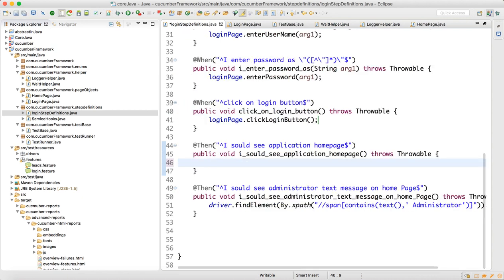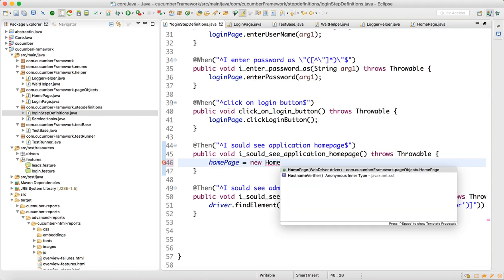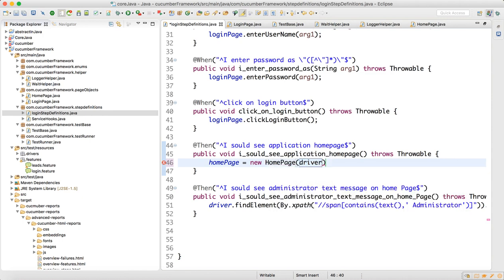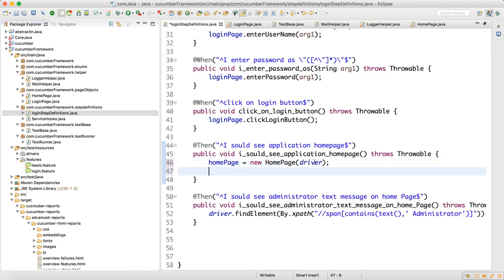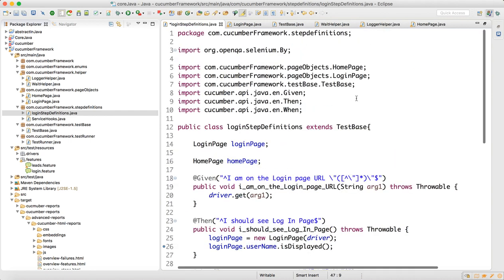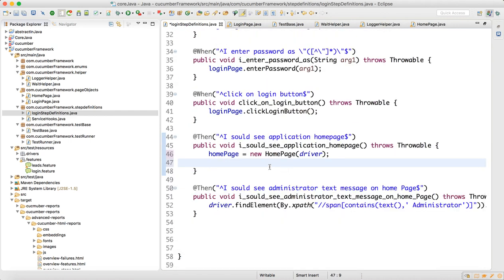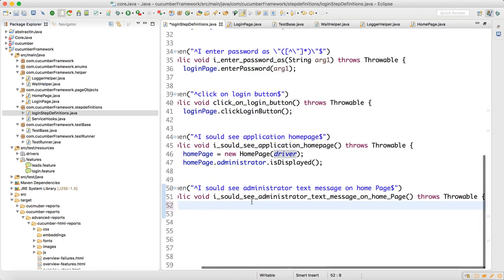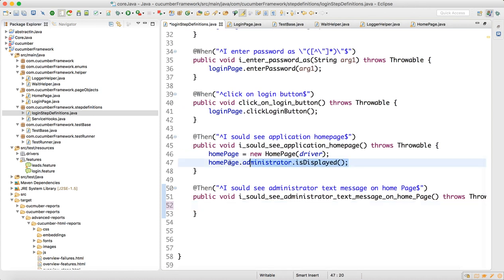Now this is the home page, so I will delete this and I will write home page is equal to new home page, supply driver as an argument. You can see that I'm supplying the driver here and this driver is coming from the test base, so my home page will get initialized. And then I will write home page dot administrator dot is displayed. Similarly I can delete this and I can go for